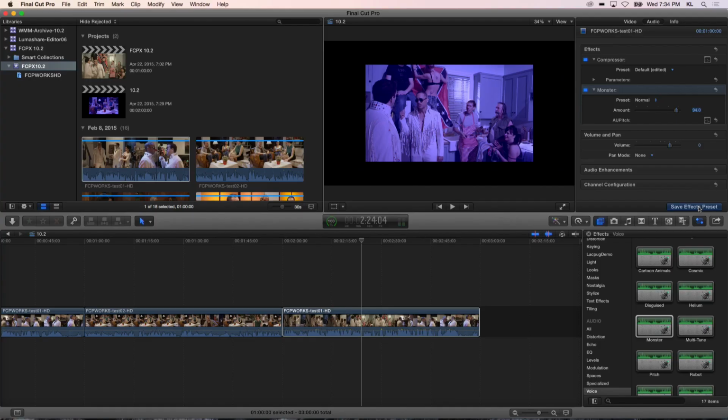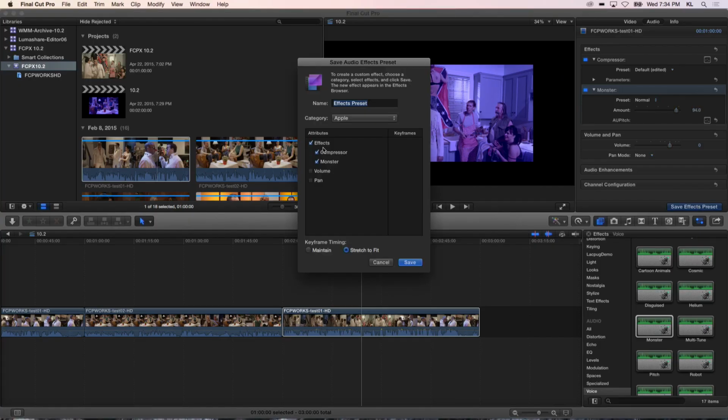What you do is you just go Save Effects Preset, and I only want these 2 selected, but you could also have a volume and pan setting selected there. And we're going to call this Monster VO, and I'm going to put this back in the exact same category, or well, this is now in an audio category, so I'm just going to put this into LACPUG Audio,